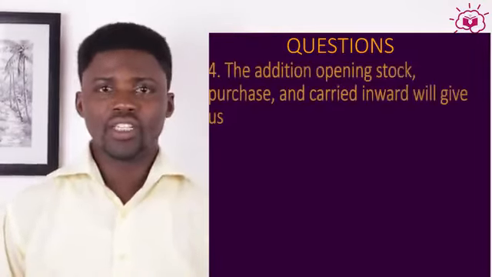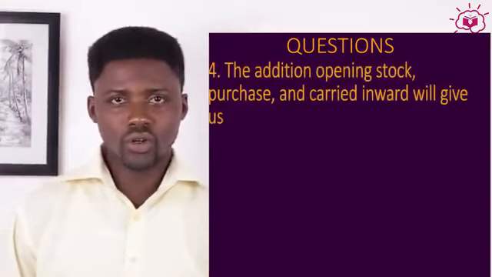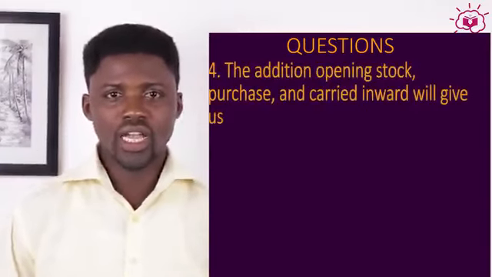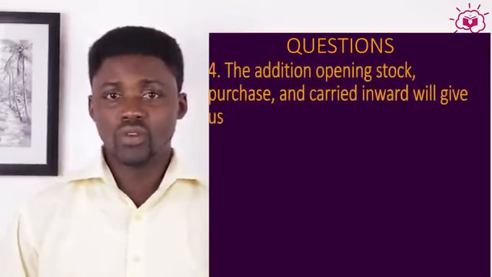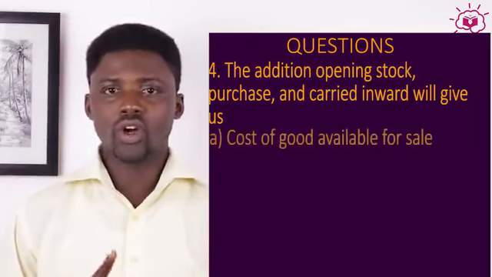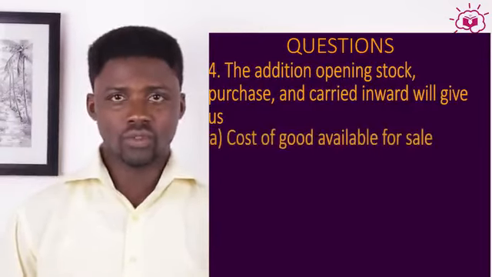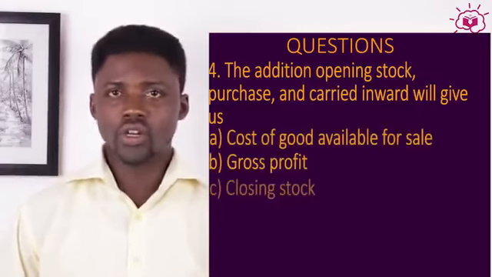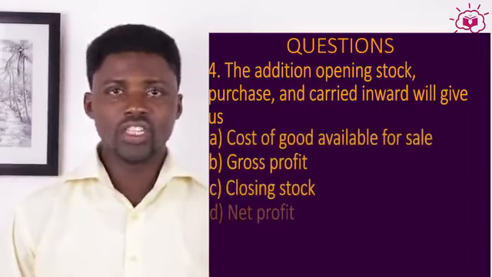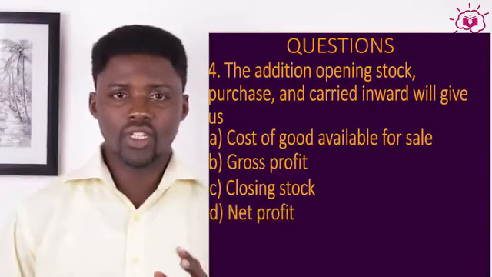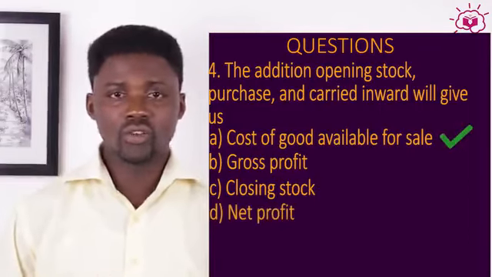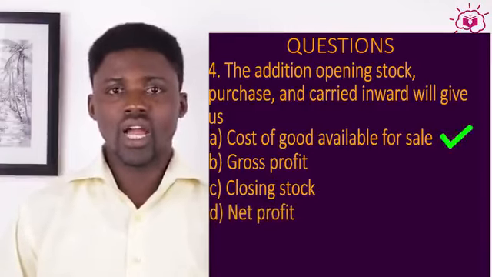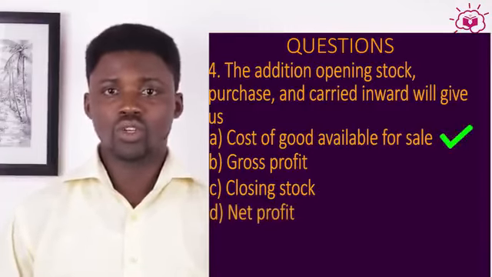Question 4. The addition of opening stock, purchase and carriage inward will give us A. Cost of goods available for sale. B. Gross profit. C. Closing stock. D. Net profit. The correct answer is A, which is cost of goods available for sale, because when you add